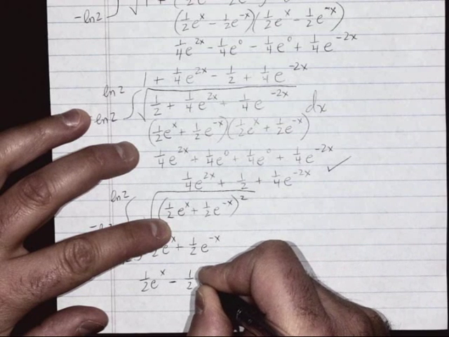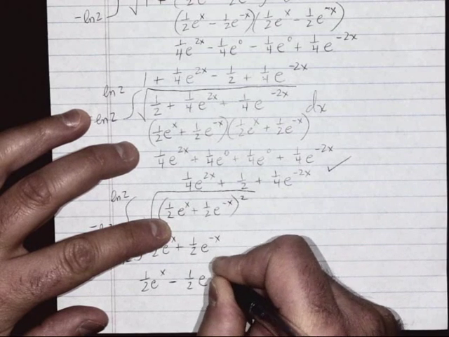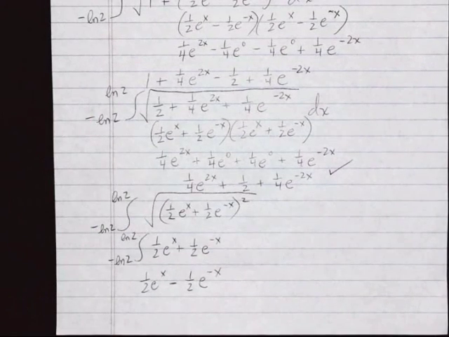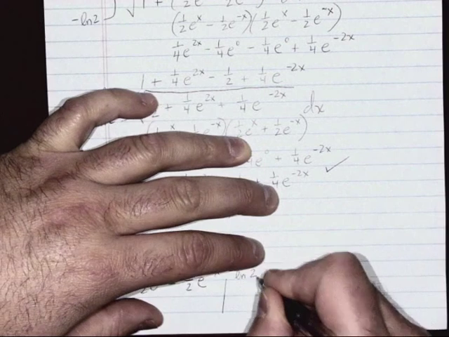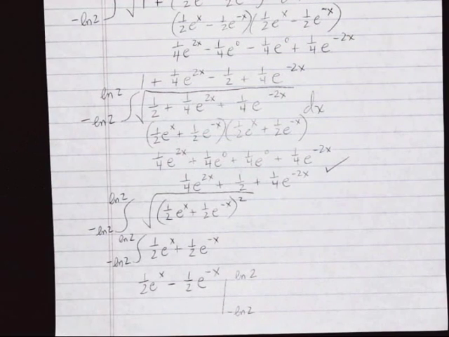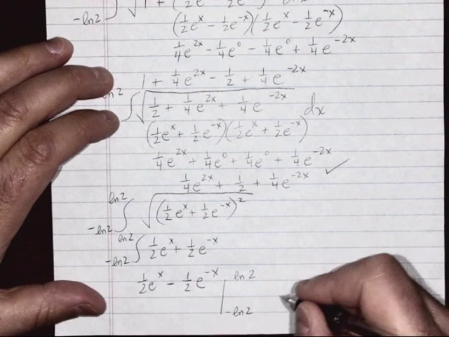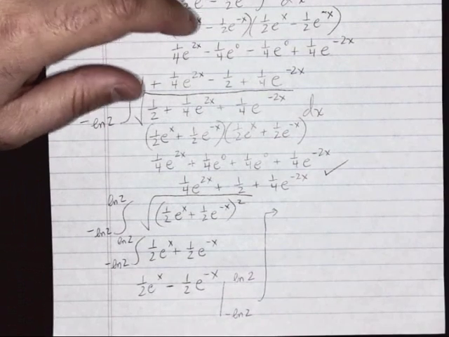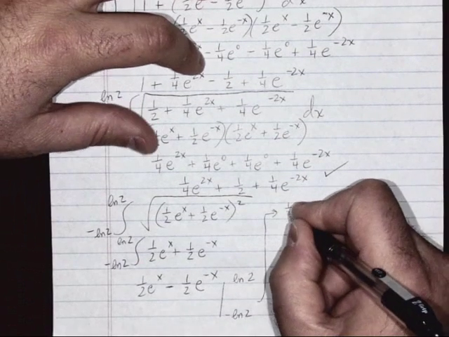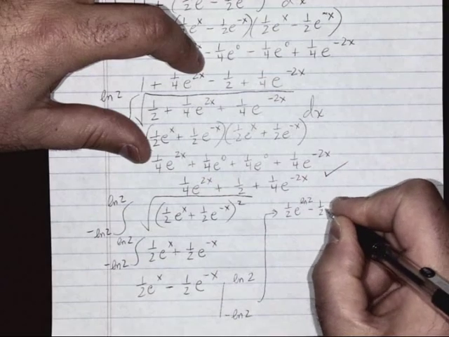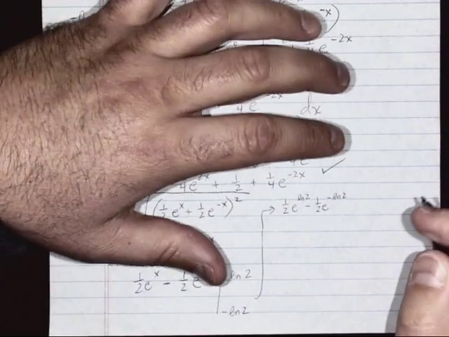Remember, we're going to divide this coefficient by the coefficient of our exponent here, so that negative 1's going to come out front, and that's going to be a definite integral here, ln of 2 to negative ln of 2. So then we want to rewrite all of that. So 1/2 e to the ln of 2 minus 1/2 e to the negative ln of 2